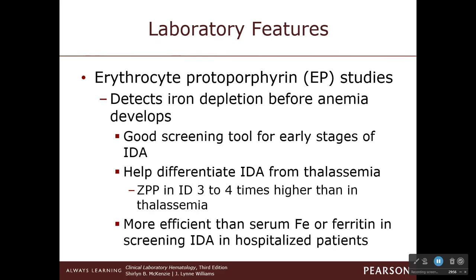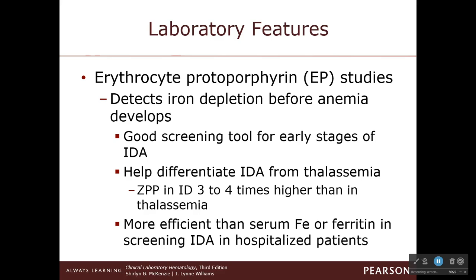So, basically, the ZPP test is what it's talking about here. It detects iron depletion before anemia develops. So this would be one that you would do in stage 1 and stage 2 if you were suspecting iron deficiency. So you would do the ZPP. It's a good screening tool for early stages of IDA, but it's hard to differentiate IDA from thalassemia using